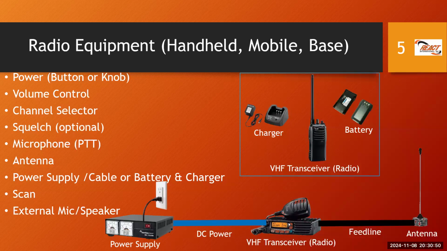And why is that important? In an emergency, you may not have much time to think or to read a manual or to ask somebody a question. So the more we are familiar with our radio equipment, what it does, what the various buttons do, the better we'll perform in an emergency. It will be second nature. We will go with confidence and we won't have to fumble. And potentially, when we fumble, we could delay assistance. And remember, in an emergency, lives may be at stake. So we really want to be familiar with our equipment.